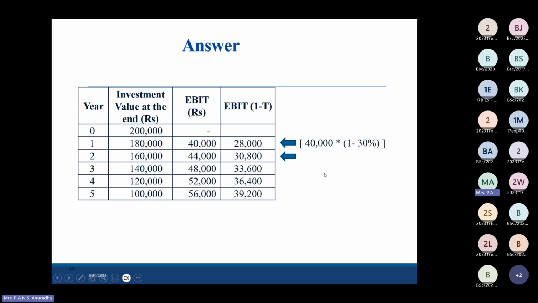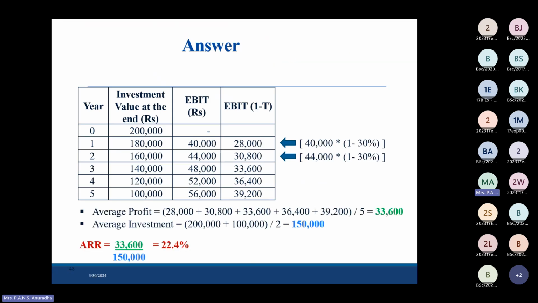So you have to work out after tax profit first like this. You can see the answer here. You can check with your calculators while calculating it. So this is after tax operating profit. Tax rate is given as 28%. So this is before tax profit, 40,000. You have to adjust it for the tax, so you will get 40,000 into 1 minus tax rate. Then 28,000 is the after tax profit for each year,